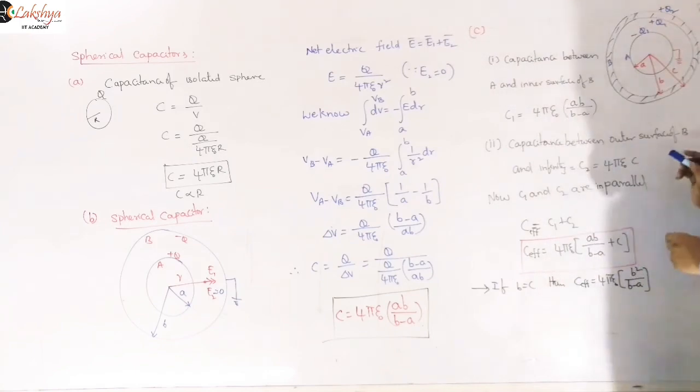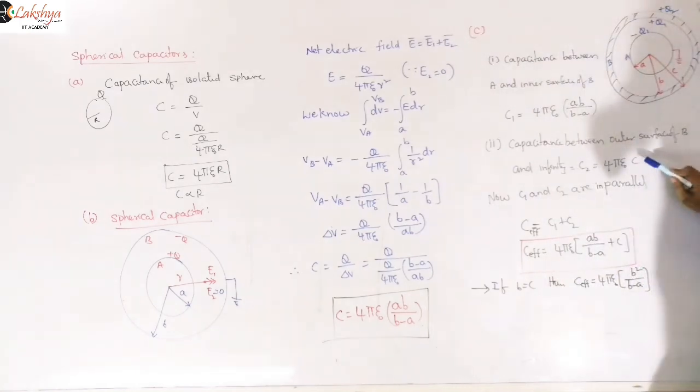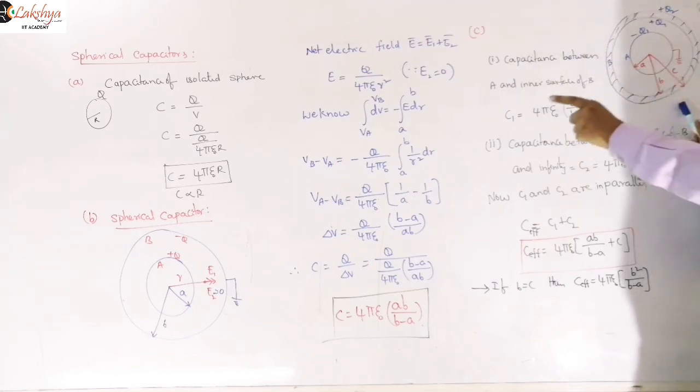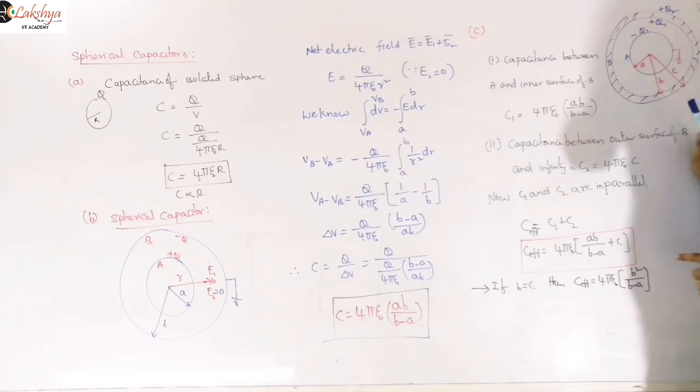So here also the same thing we need to write, so that it can be treated as. So our conclusion here is, when the outer surface is not connected to the ground, when you are considering the capacitance of this outer surface, you can treat it as an isolated capacitor. Is it clear? So we are writing that capacitance as 4 pi epsilon naught C.